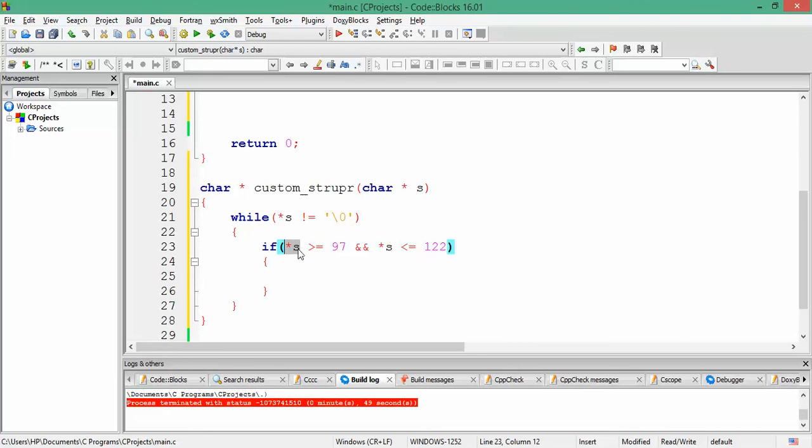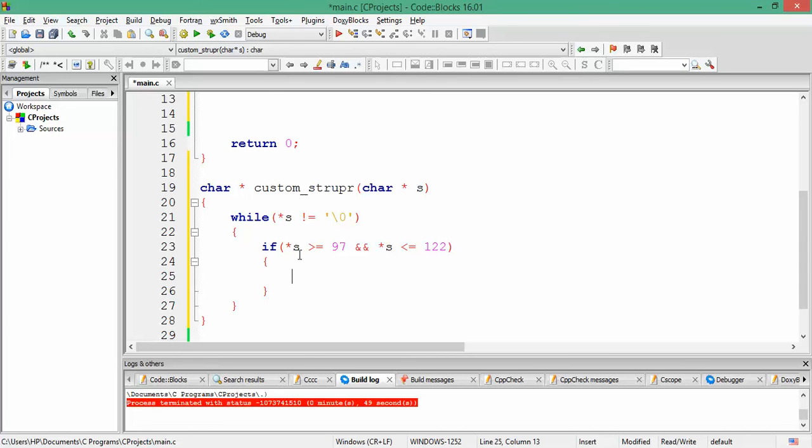So if it is small a, it would be converted to 97, its integer value or ASCII value, and then 97 would be used for this comparison. Likewise, any character would be typecasted to its integer equivalent, and then the comparison would be done.